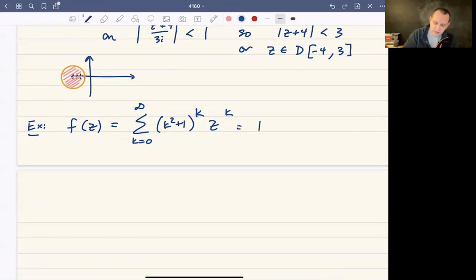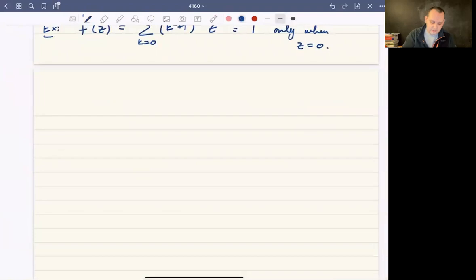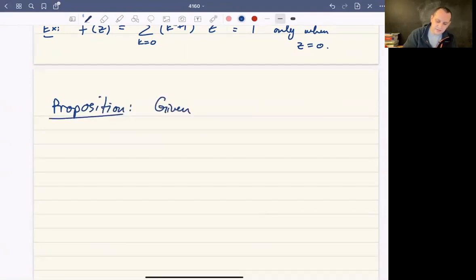So this happens only when z is 0. Okay, so these are all examples of power series. Now, what's going to be true for all power series, and I'll call this a proposition. So what's going to be true for all power series is given any power series, call it the sum of c sub k, (z minus z naught) to the k,